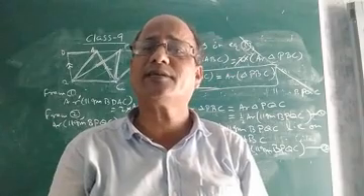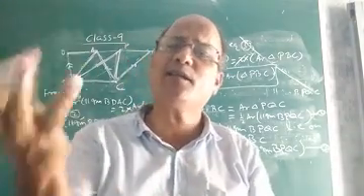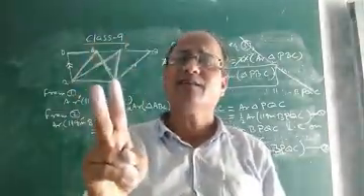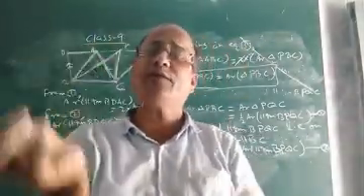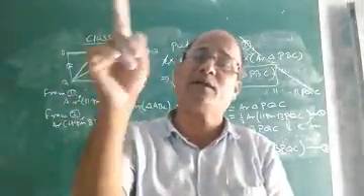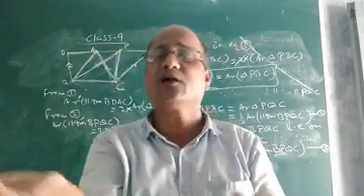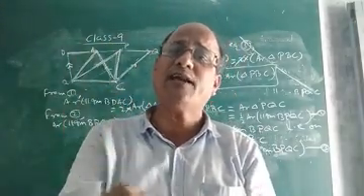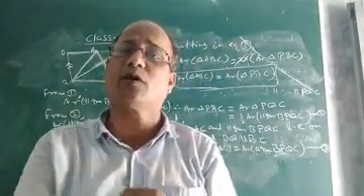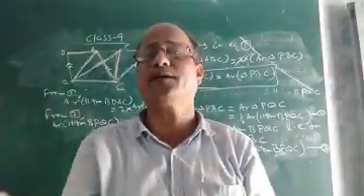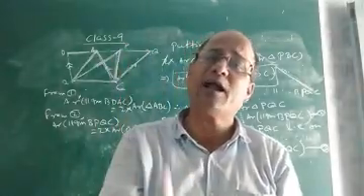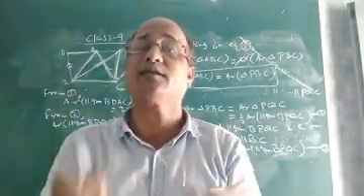And what will be the converse of this statement? The converse will be what? You can easily prove the converse by taking two different triangles. See, when two triangles have equal base and they lie between the same parallels, they are equal in area. So what will be the converse? If they have equal area and if they stand on the same base or equal bases, then definitely their altitudes will be equal. That means they will have equal corresponding altitudes. That means the altitudes of the two triangles will be the same if they stand on the same base and they have equal areas. It can easily be proved.